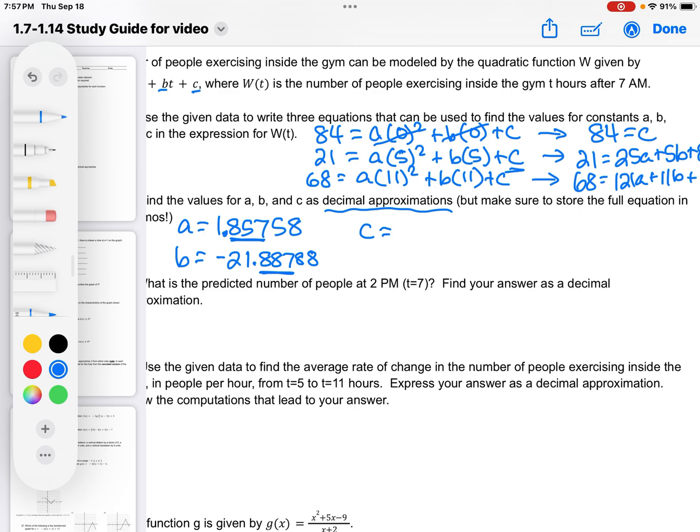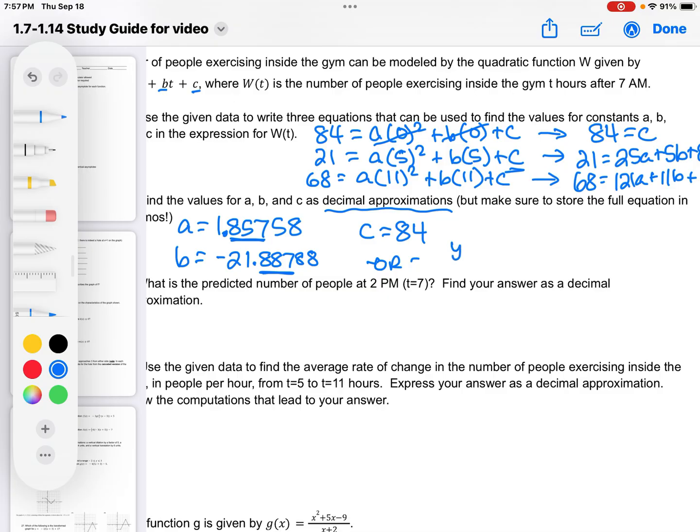Our C, since it was exactly equal to 84, we do not have to put any decimal points after that. Only if you get an exact whole number or an exact truncated decimal do you not have to worry about the 3 decimal places. All right, so you could write them out like so, or you could have written the